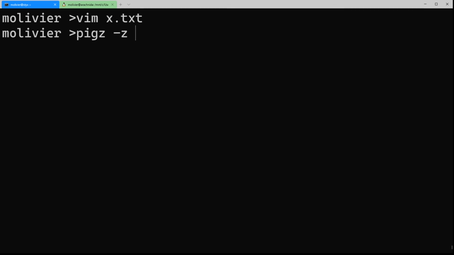So the options are that we say it should be compressed by 0. In other words, do not compress it at all. It will generally leave it a bit longer than what we started out with, but that's fine. And then we can, as input, provide x.txt, and then as output, just for the sake of comparison, I'm going to output this to